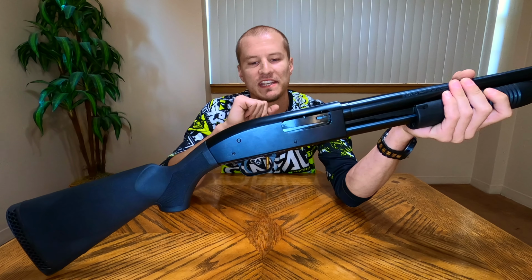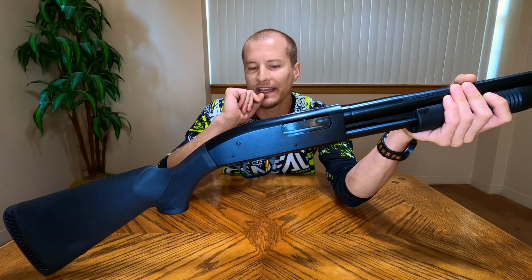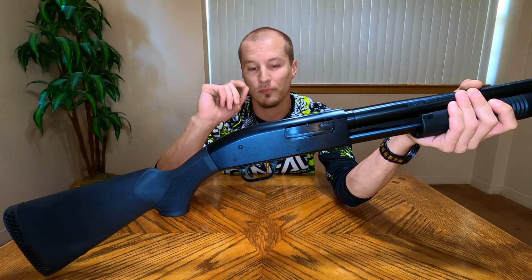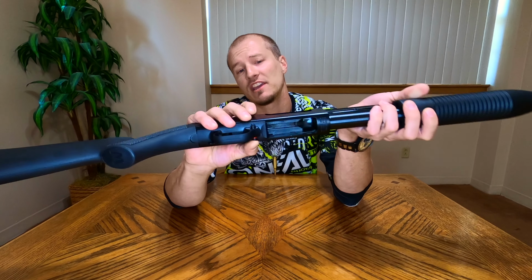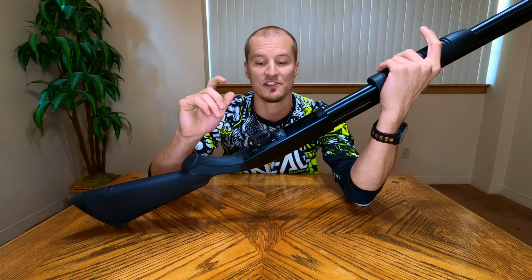As far as the safety and the trigger, your trigger guard here is going to be plastic. That's just helping us get to that $200, $250 price point. And then the safety on it is just a plastic cross-bolt safety. Not surprised that it's plastic with the price that it's at. Of course, I'd prefer a metal one, but it does seem to function perfectly fine. I will say that there is plenty of room in this trigger guard, so if you had gloves on, or bigger fingers, whatever it may be, you're just gonna have no problem getting your hand in there,